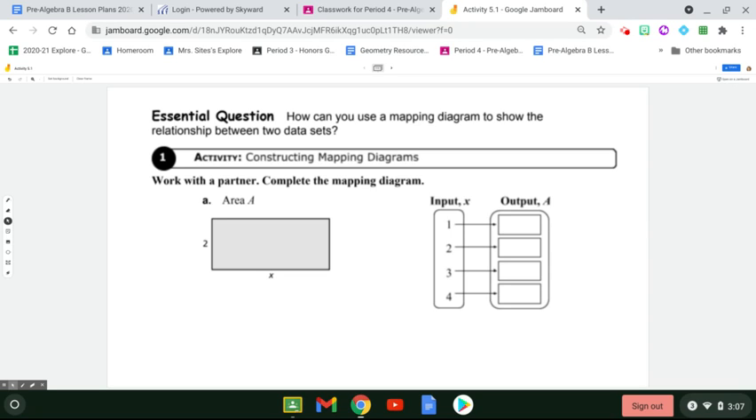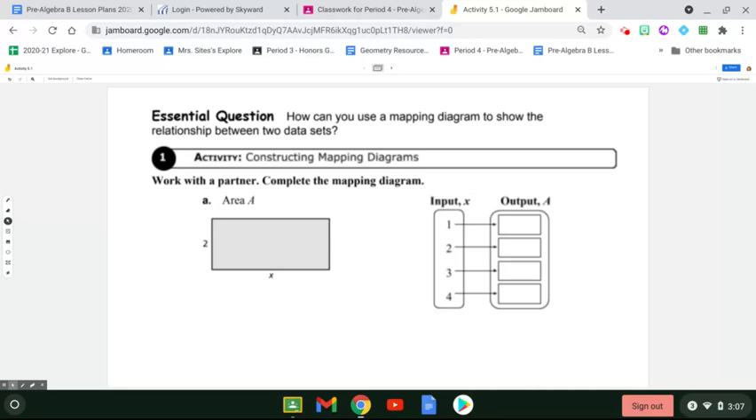Today you are going to be working on an activity that's going to be getting you ready for a lesson about relations and functions. So in order for us to get ready for that, we are going to be working together to figure out what a mapping diagram is and how to fill one in. So the essential question of this activity says, how can you use a mapping diagram to show the relationship between